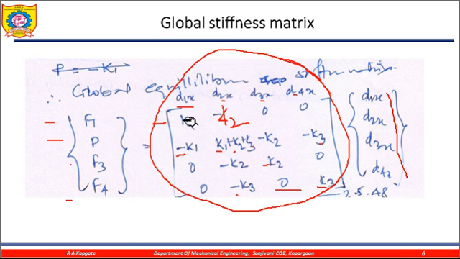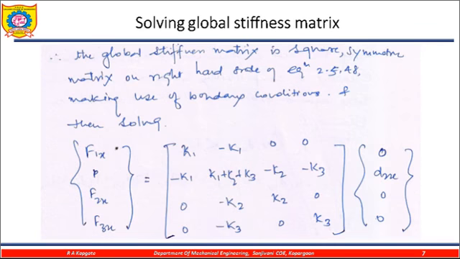So how I did this: K1, minus K1, sorry, this is not the K2, this is the minus K1. So minus K1 plus K1. Now element 2, 2 and 3, so K2, minus K2, minus K2, K2. Now for the element 3, that is 2 and 4, so K3, minus K3, then here minus K3 and plus K3. See again the diagonal is totally positive. So this is the assemblage.